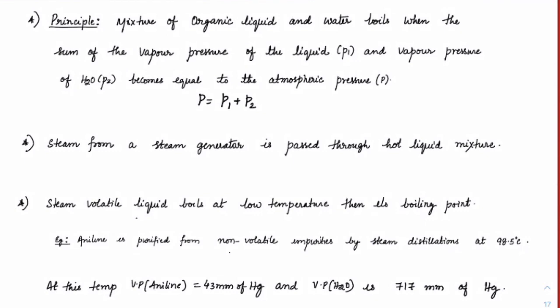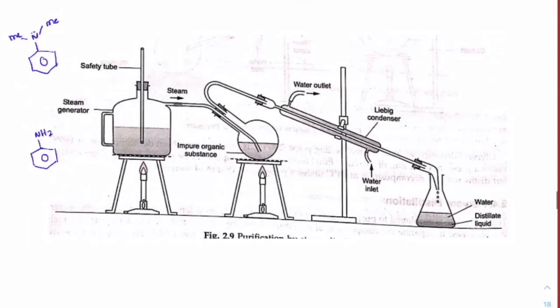Once that is done, we will take that hot liquid mixture with the steam and pass it through the condenser. Here you can see we are passing that through the condenser. So the condenser will condense it. Now after the condensation, because we know that water and the organic substance are immiscible, they will come out as two different layers. One will be an organic layer, one will be a water layer. So it is very easy to separate them because their densities are different. You will just pour through a filter paper and the water can be separated out.